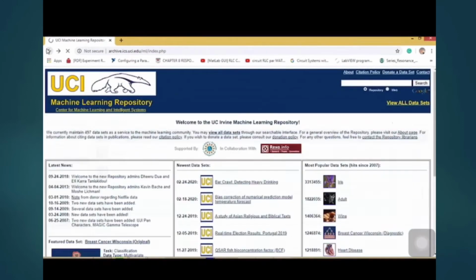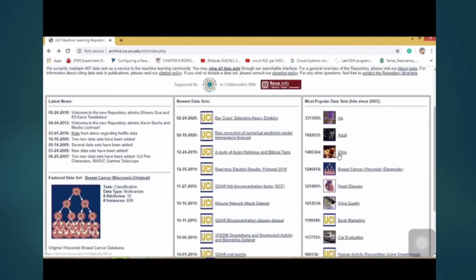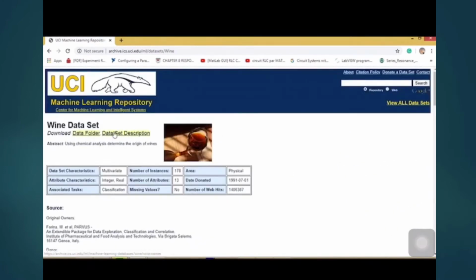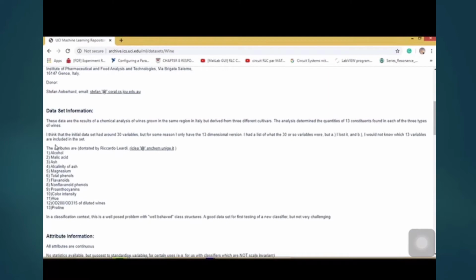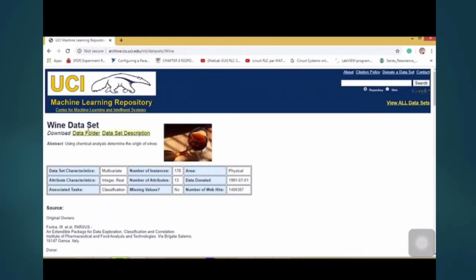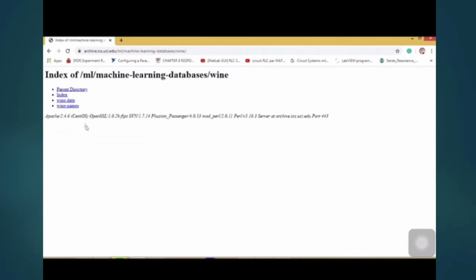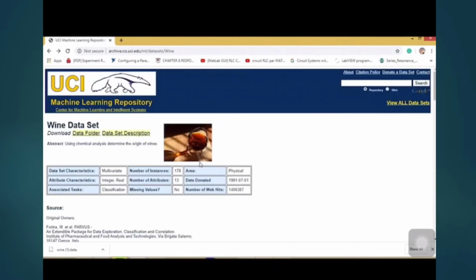And here, if I try to download the Y dataset, I can click it here, and then it will show the data folder that we can download, and they also show the dataset information that provides all the details and information on each column and row in the dataset. So if I click here, we download the y.data, and then we got the dataset from the UCI